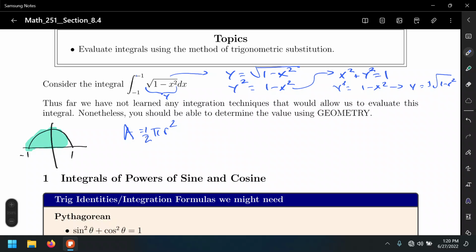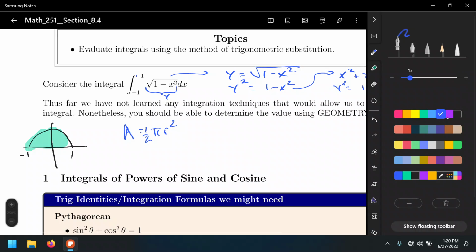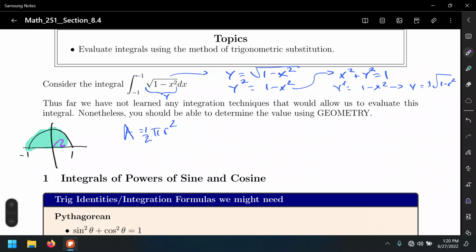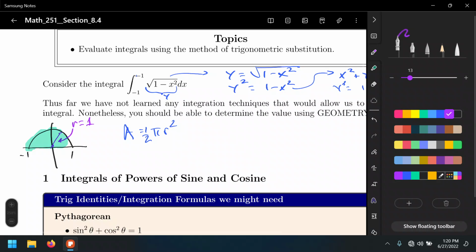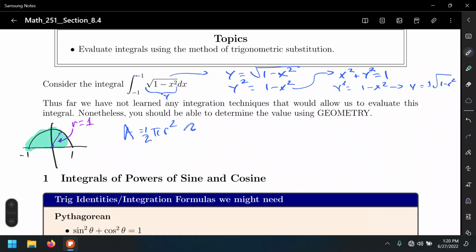And what's the value of r in this case? From the center to any point, r equals 1. So all we have to do is plug in 1, and that's 1/2 pi times 1 squared, which is pi over 2. So that's how you solve this problem in Calc 1